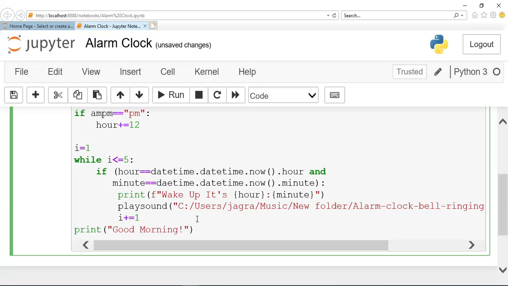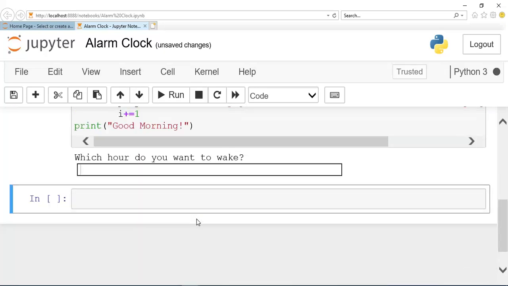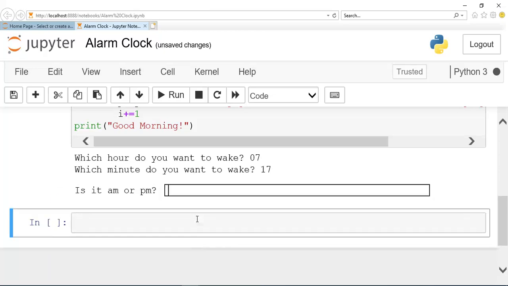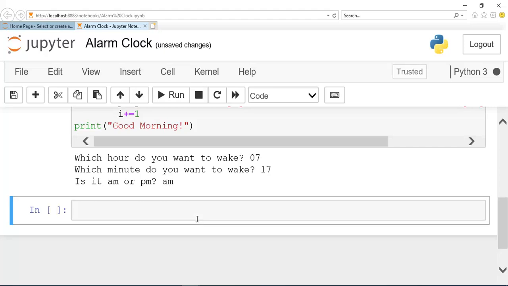Okay guys, so let's try to run this. So guys, in my clock it is 7:16 a.m., so I'll write here 7, and we will check for 17 minute and am. So let's see, guys.